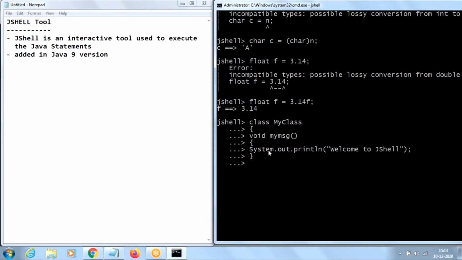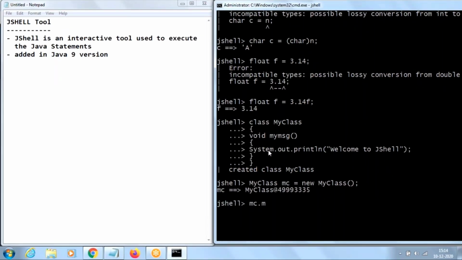Then close the curly brace for your class, and when you press the enter key, it says created class MyClass. Now if I want to invoke the myMessage method using MyClass, we have to create an object of MyClass. How to create an object? Class name, object name, like MyClass mc equal to new MyClass. Once you create the object, by using this object we can call the method myMessage, which is going to display on our screen welcome to JShell.